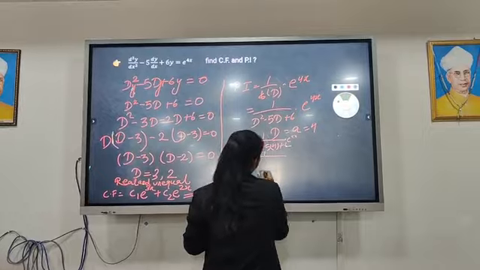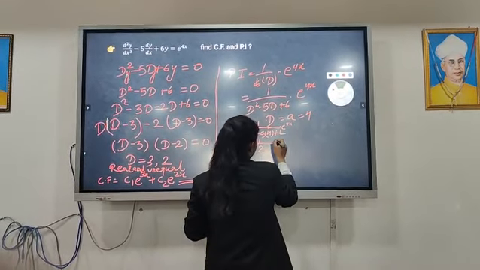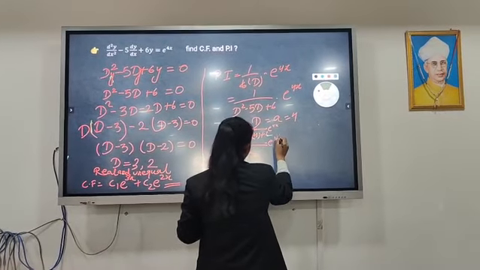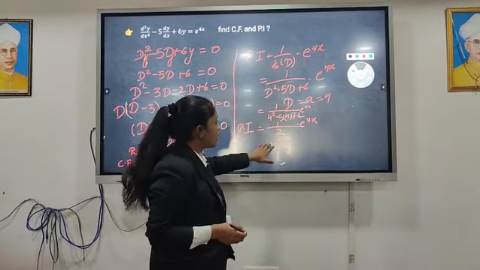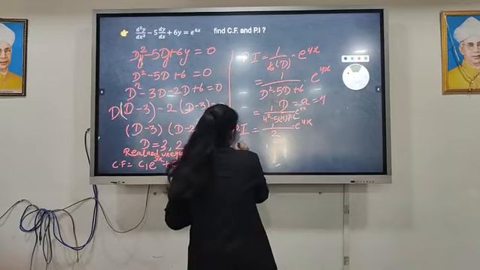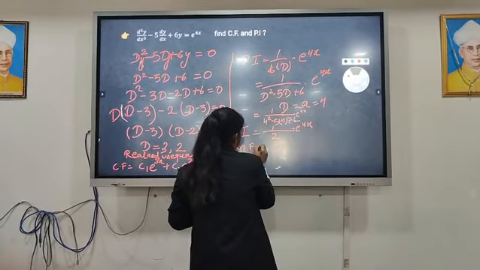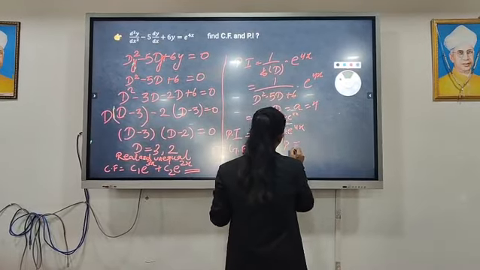By solving this, we get 16 minus 20 plus 6. We get 1 by 2 into e to the power 4x, PI. Here is the equation of particular integral, that is 1 by 2 into e to the power 4x. And we know that the general equation is equal to CF plus PI, that is